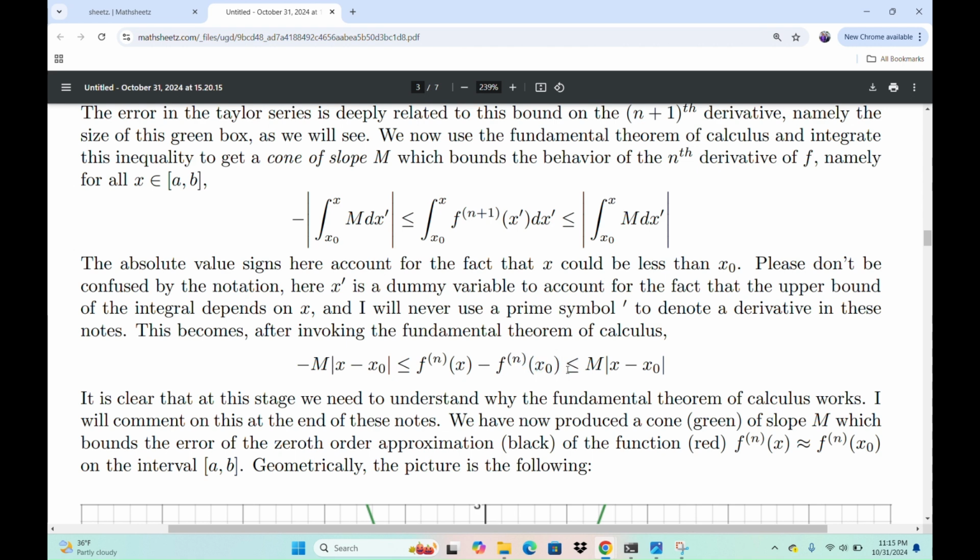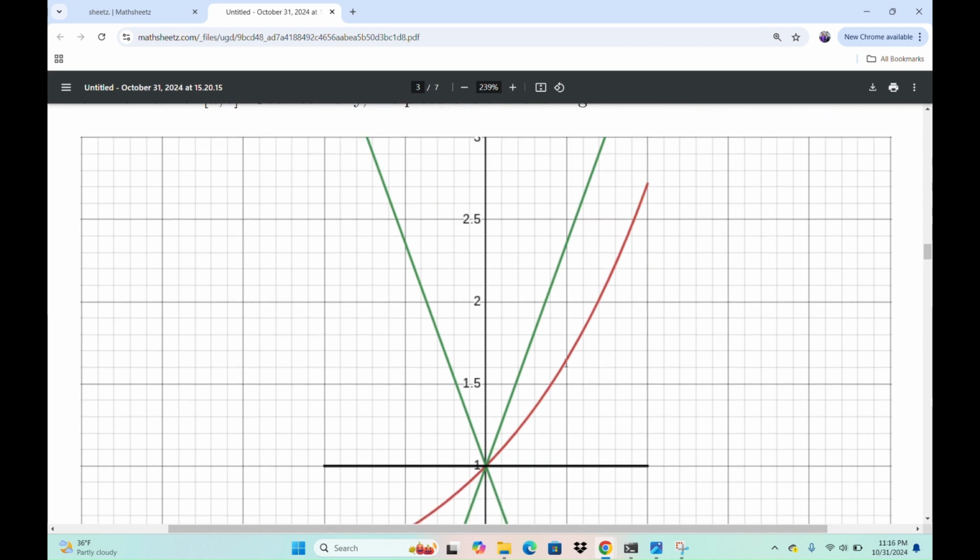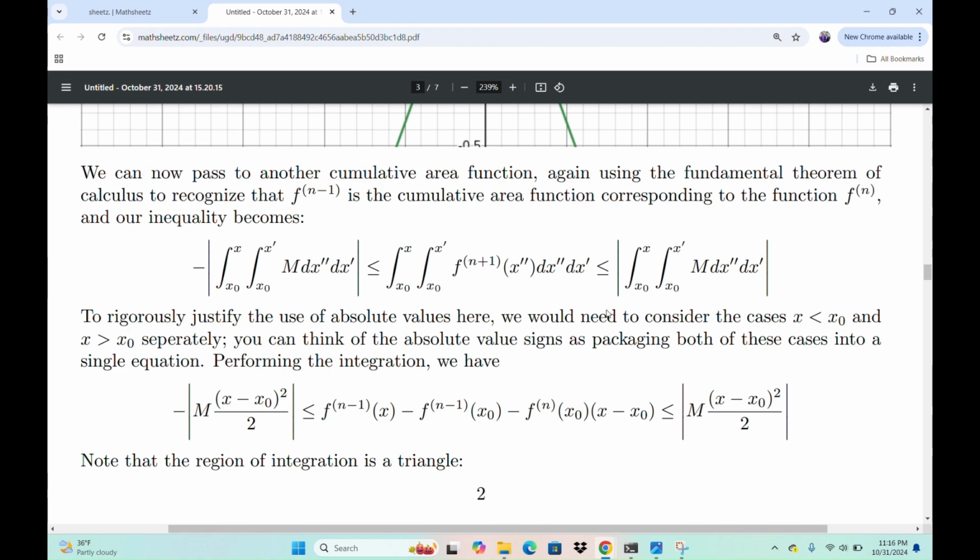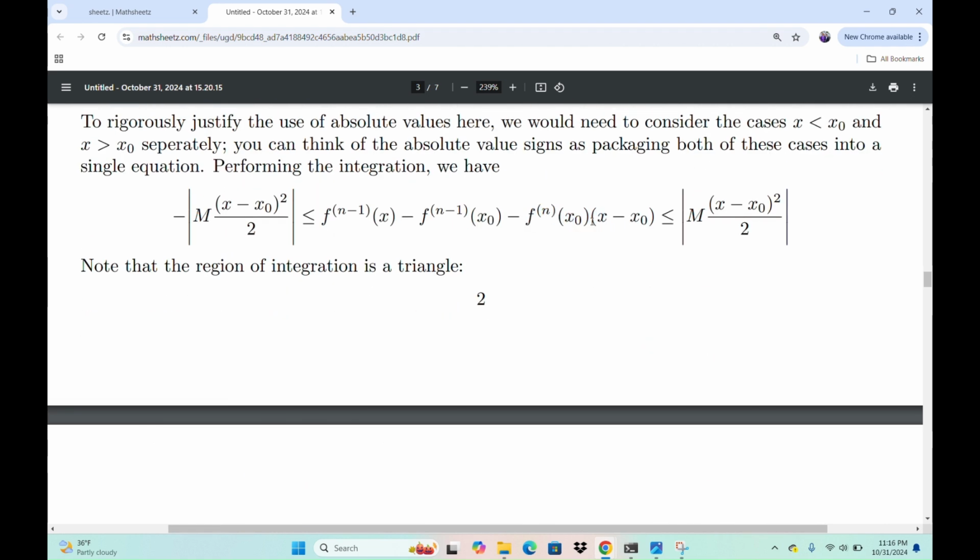And then when I integrate f^n(x₀), which is just a constant number that I know, that's integrating this black line here, I get f^n(x₀) times (x minus x₀), which is, again, a line of slope given by, guess what? The slope that I know the information about. Okay. So it's not Sherlock Holmes here. Sherlock Holmes didn't come and figure out the Taylor series formula. It comes from the integral.